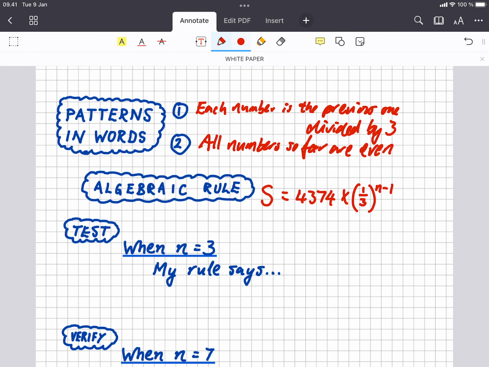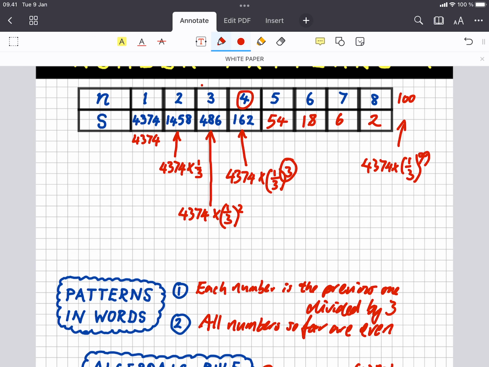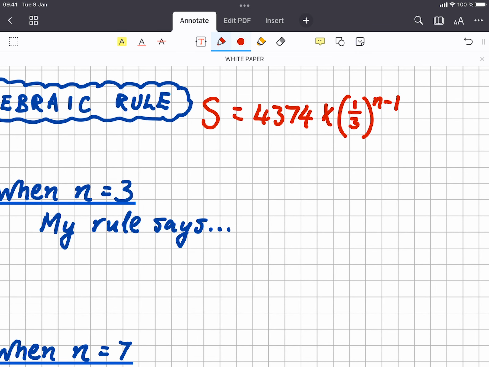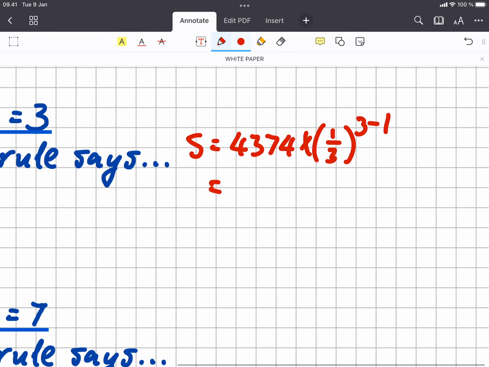Okay, so testing and verifying the rule. So testing is just taking one of the early values in the table where they've given you what S is supposed to be and checking your rule generates that number. So when n equals 3, my rule says S equals 4,374 times a third to the power of 3 minus 1, which you can stick in Desmos actually and just paste the result of that, save you a bit of time, but which does equal 486,